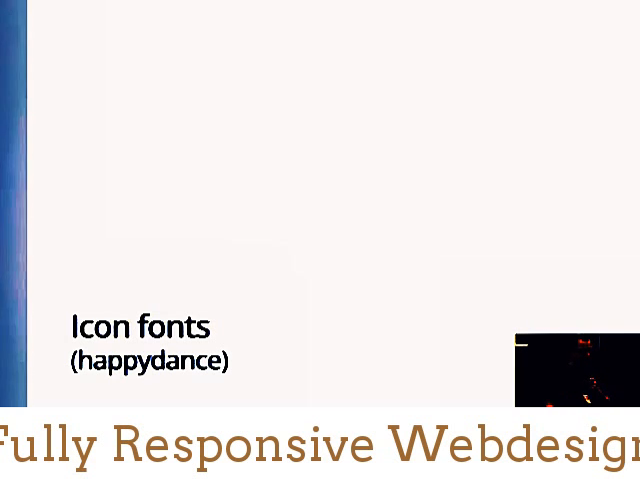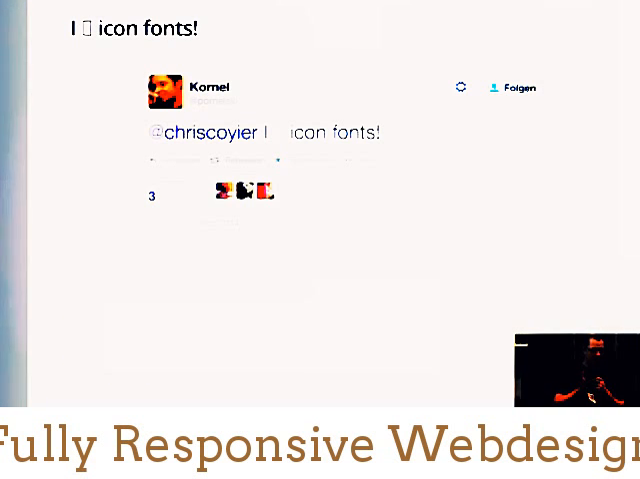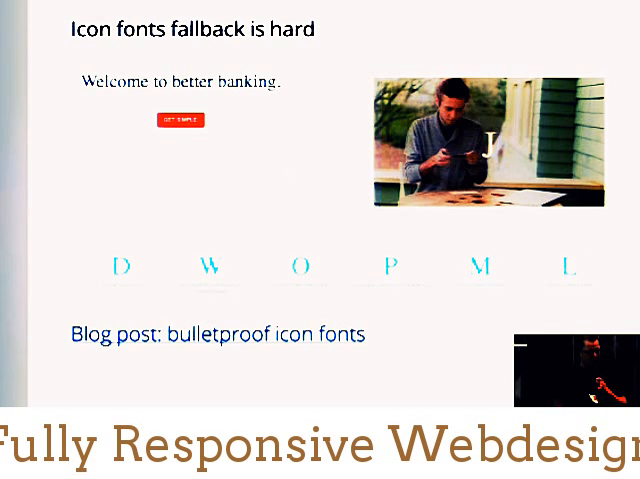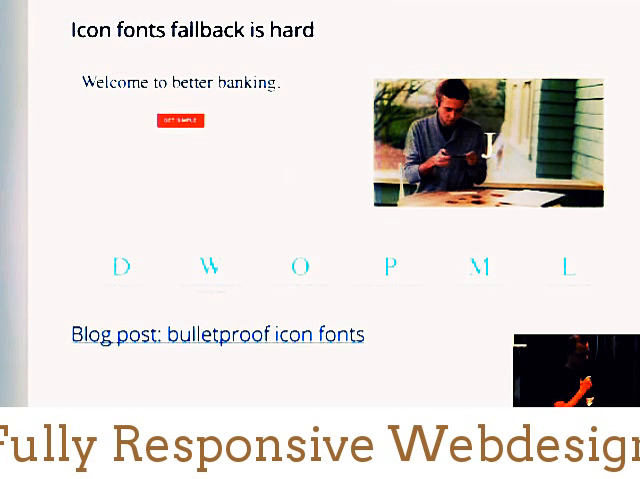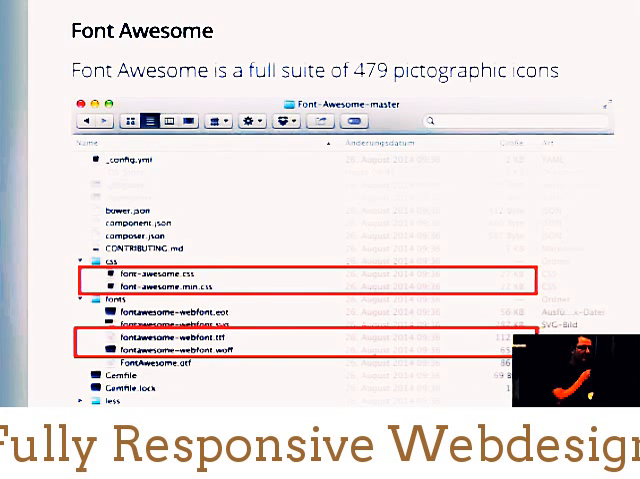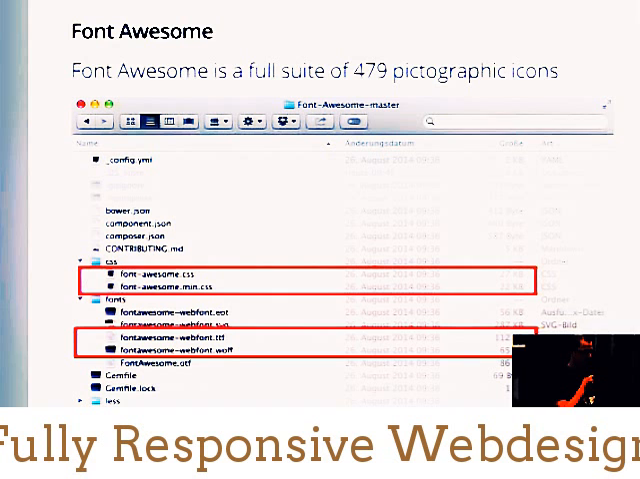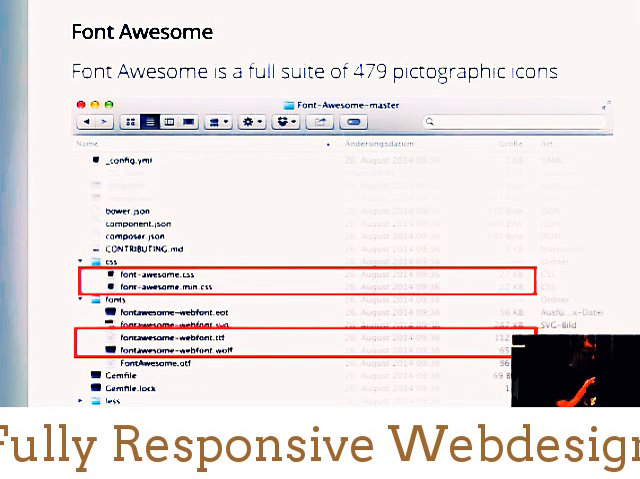Now we have icon fonts, or not, but usually we have icon fonts. Sometimes they fail. The fonts are not loaded, and you can read the normal font characters, and that's not so good. Icon font fallback is a little bit hard, and there are some great libraries out there. There's the Font Awesome library with more than 400 icons. If you use this library